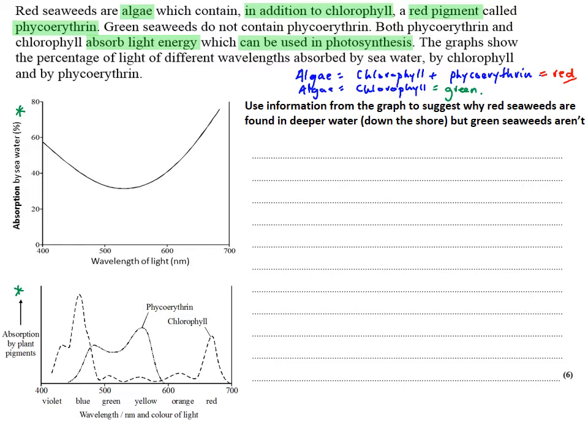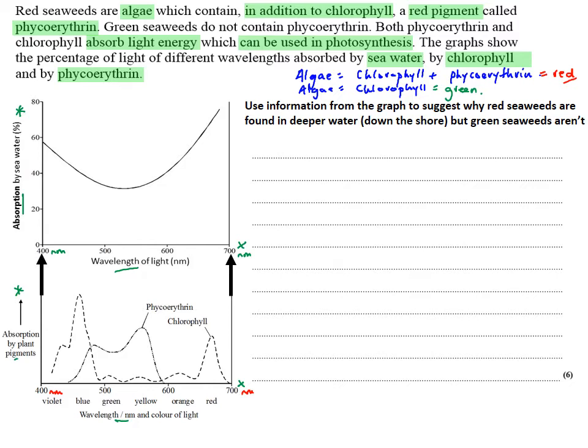So when we start to look at the data, you must look at the labels that were given to start with on any graph. Now the x-axis we know runs across the bottom of each graph here, and that tells us the wavelength of light, and it's exactly the same scale for these two graphs. So we can see here it starts at 400 nanometers and it ends at 700 nanometers, and that's the same for the graph on the bottom, 400 nanometers to 700 nanometers, and that's the wavelength of light.